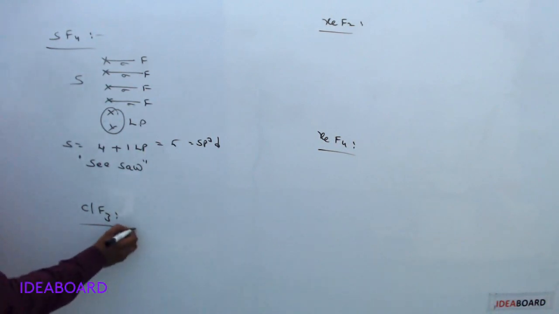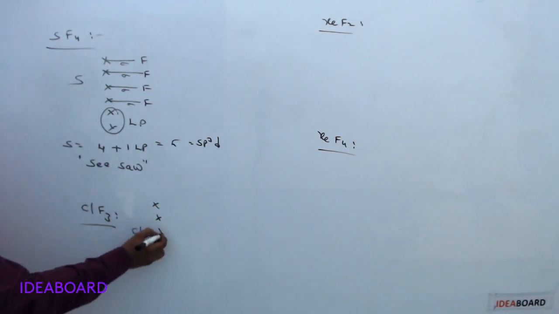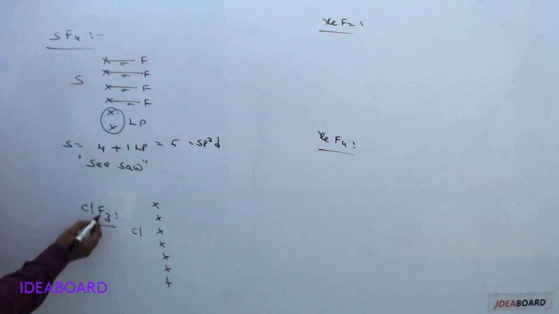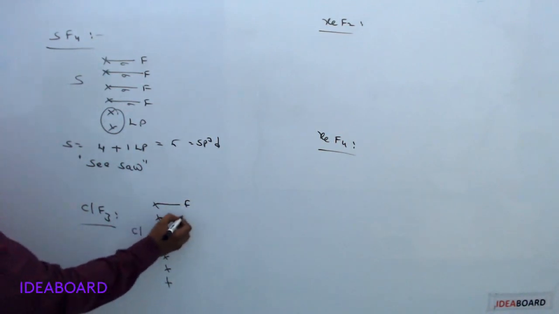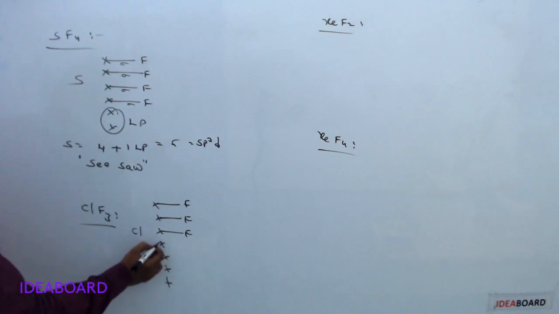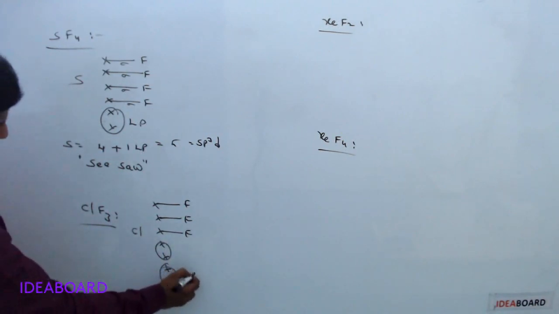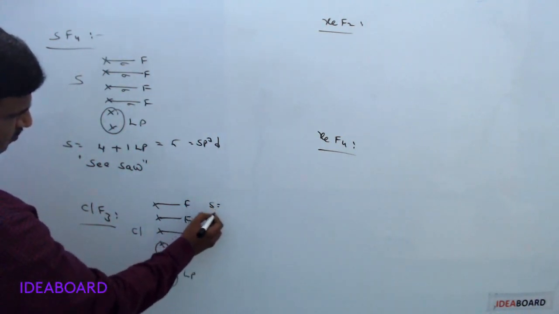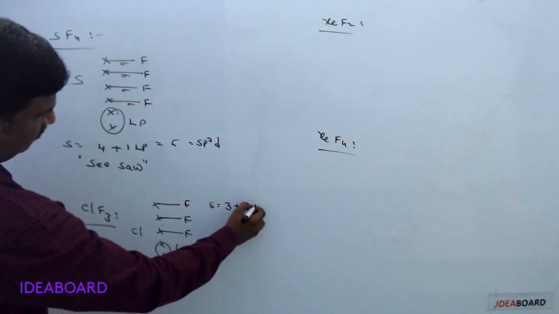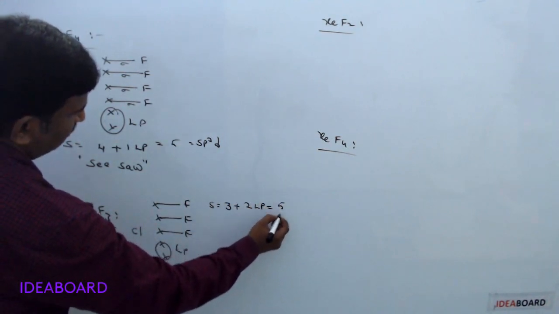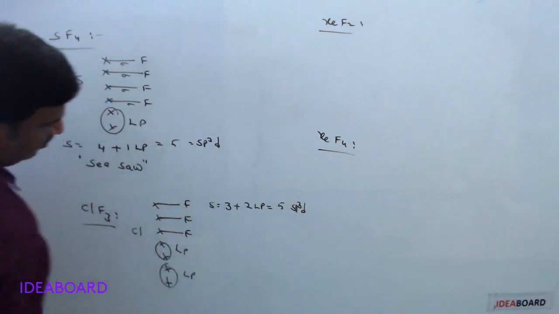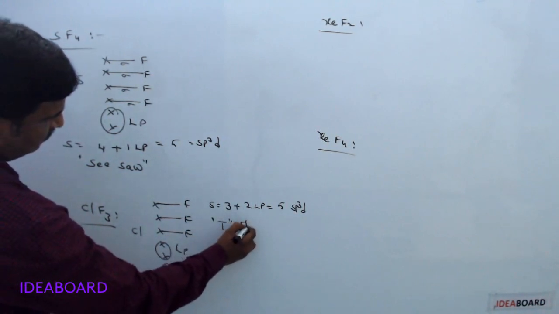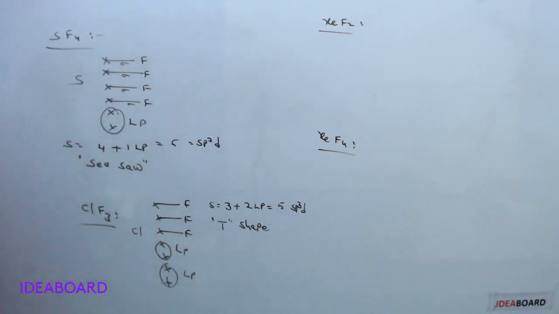Next, ClF3. Chlorine is a 17th or 7th group element. 3, 4, 5, 6, 7 electrons are present in its valence shell. 3 fluorine atoms are making 3 bonds, 3 single bonds or sigma bonds. This is one lone pair, this is another lone pair. So 2 lone pairs are present. So the steric number is equal to 3 sigma bonds plus 2 lone pairs, so it is equal to 5. Again it is sp3d, but because of 2 lone pairs and 3 bond pairs, it is present in a T shape. We gave the T shape also.